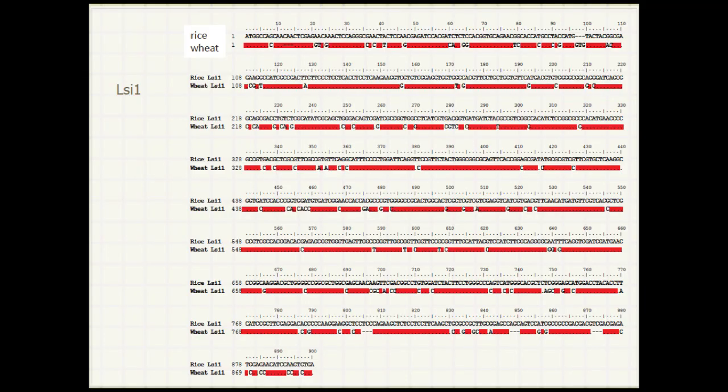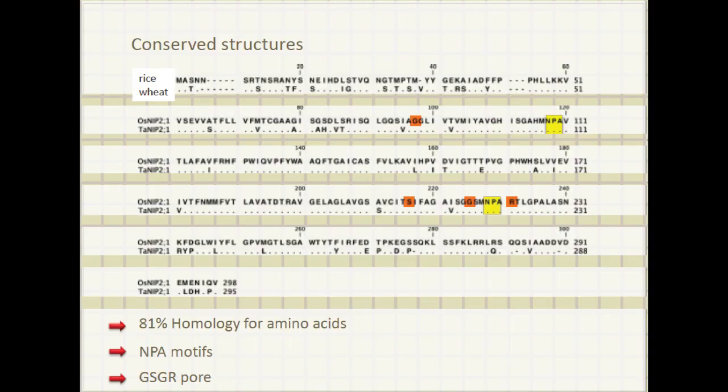When you line up the DNA sequences, you're not very surprised to notice all these red segments which are identical, meaning that these are very similar genes in terms of their DNA sequence. If you look at the protein sequences, they're also extremely similar. On a homology basis, 81% of these amino acids are conserved. You find the same functional elements such as these NPA motifs, which are 3 amino acids. And highlighted in red are 4 amino acids that in the 3D structure of the protein end up forming the pore, the key determinant of the specificity with which different solutes can go through this pore in